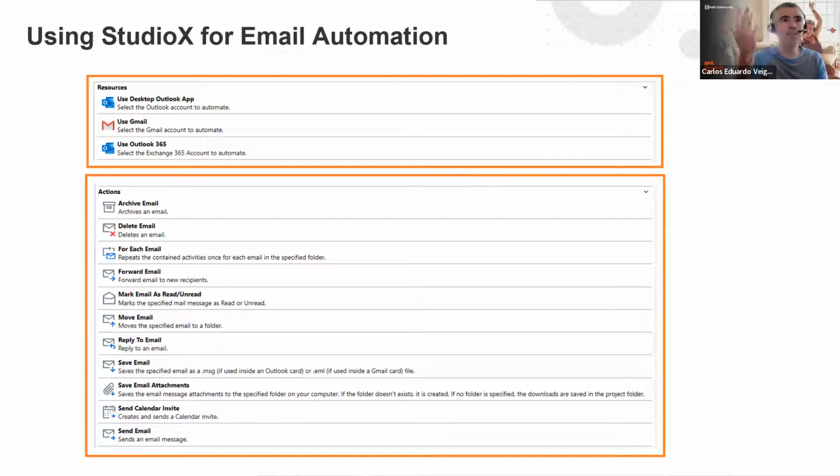Archive an email, that's pretty much it. Delete an email, deletes that email. For each allows you to interact through several emails. You can forward, mark emails as read and unread, move emails around, reply to an email, save an email, save the whole message, save email attachments, maybe send a calendar invite, or just send a new email that's not from a reply. So these are some of the most common actions that you do on a day-to-day basis with email,